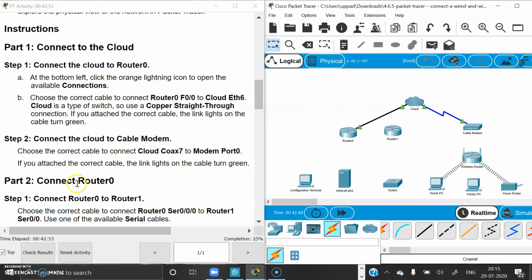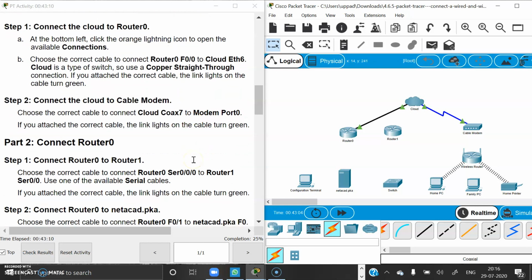When we see here, if you attach the correct cable, the link lights on the cable turn green. These are the link lights again, and they turned green, so our connections are correct. Now part 1 is completed.